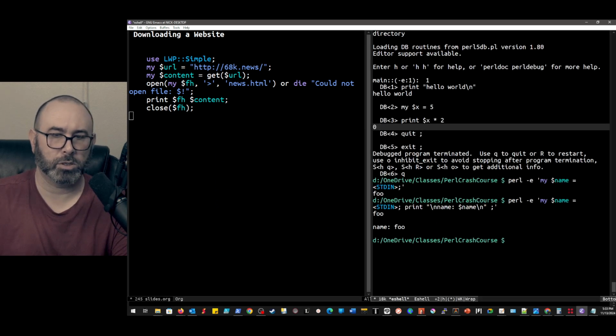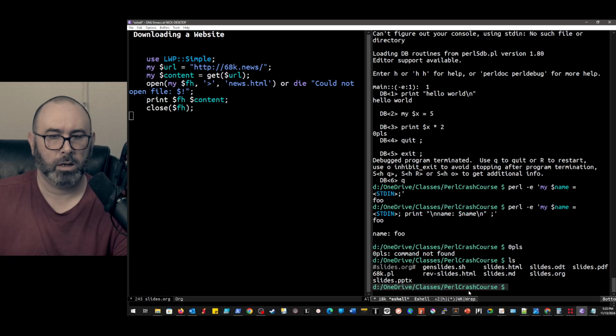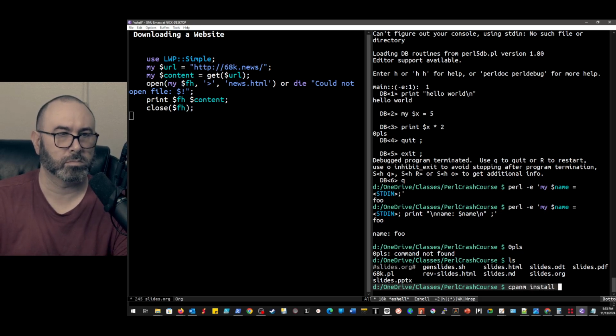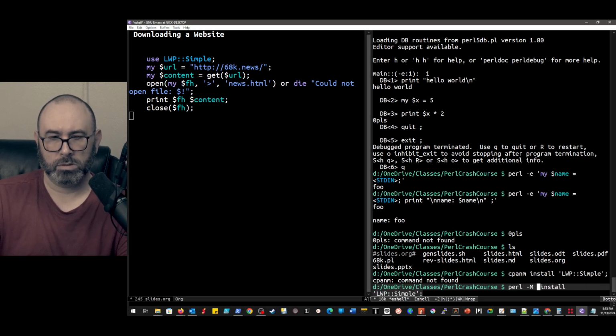And then we can switch over to eshell. We can do ls. We can see that we've got our 68K Perl file there. We can do cpanm. Another way you can do this is perl -MCPAN -e, sort of the old-fashioned way.